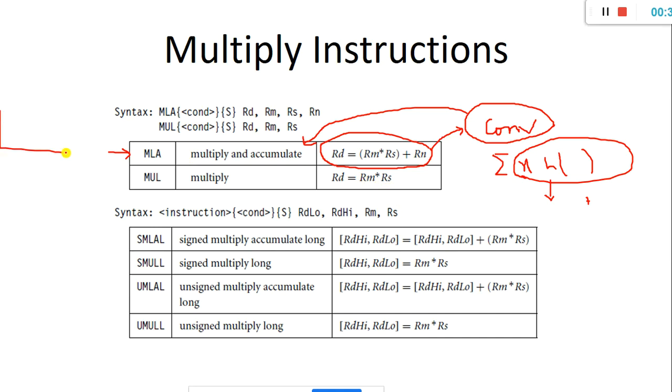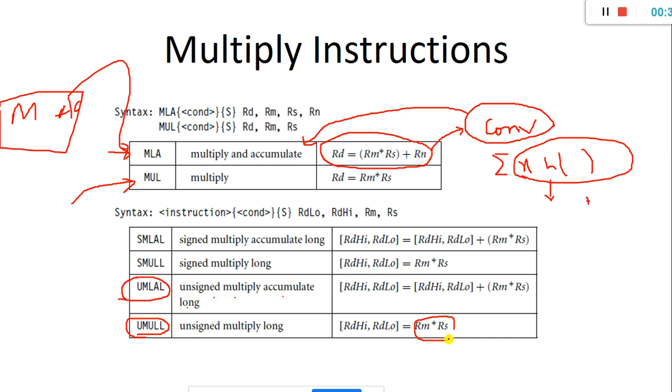In order to have this multiply and accumulate unit, there is an equivalent instruction to perform it, that is the MLA instruction. Another one is normal multiplication, which performs 32-bit operations. Now what happens if the data is at the highest 32-bit itself? I have another instruction called unsigned long multiplication, unsigned multiply accumulate long. What does it mean?